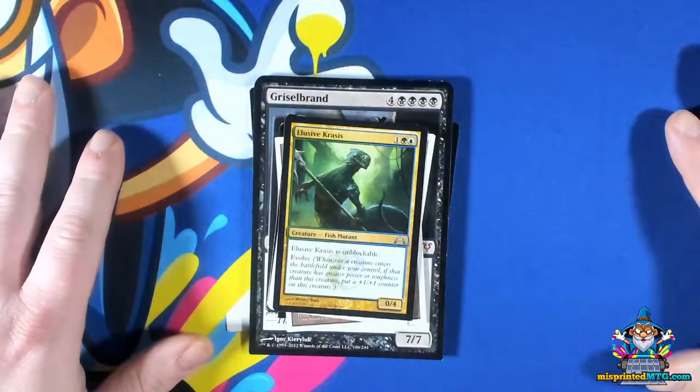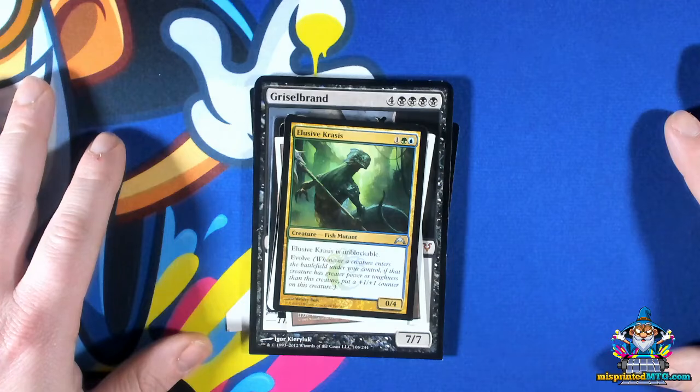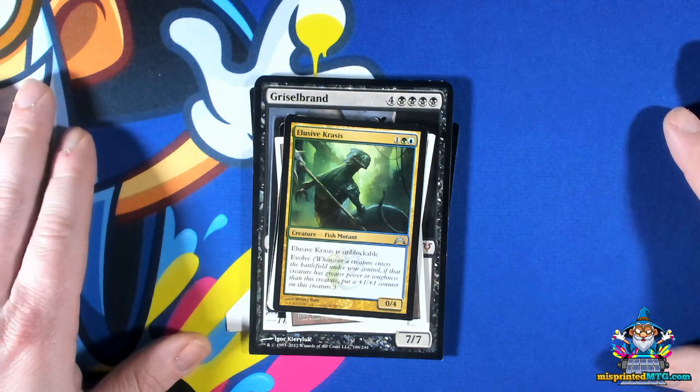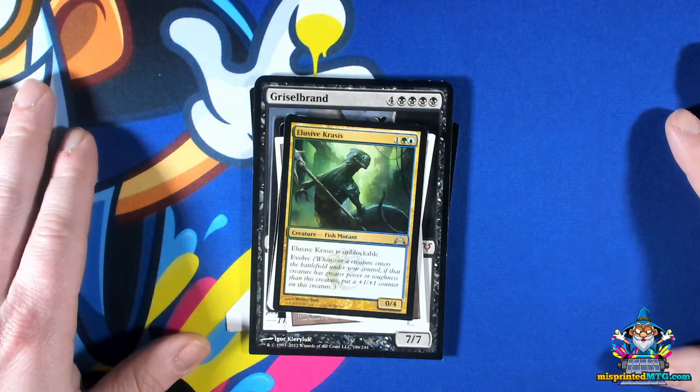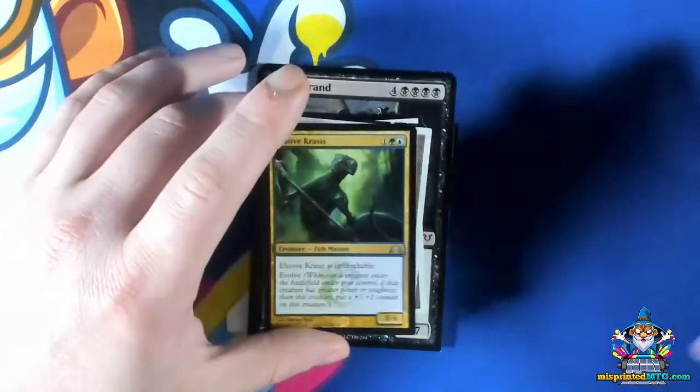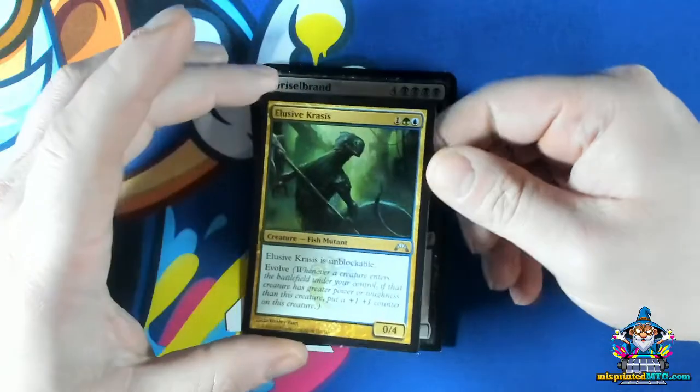On the desk in front of us for today are corner errors. So this is going to be an in-depth look at the variants of corner errors that are out there. So let's get started. The most common type of corner error that we tend to see on cards are square